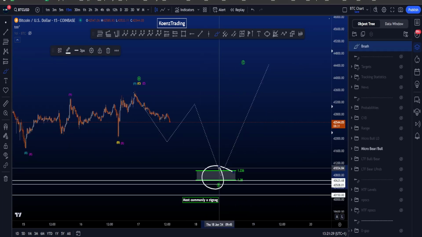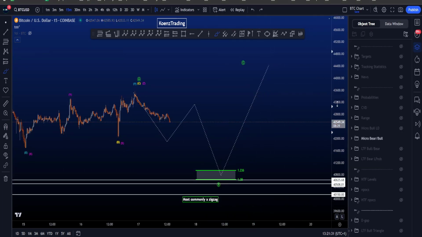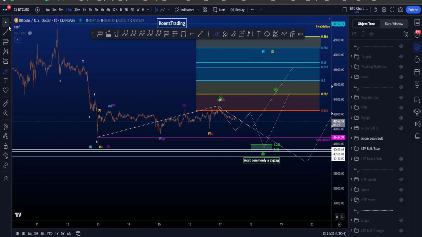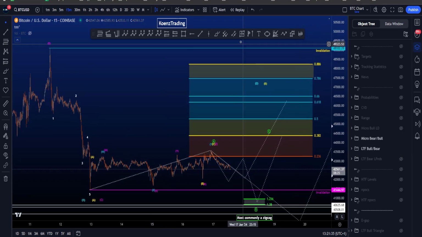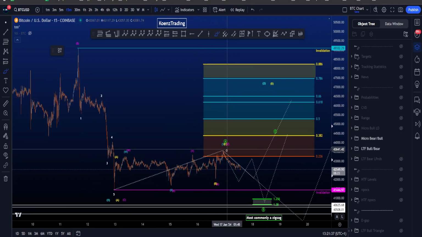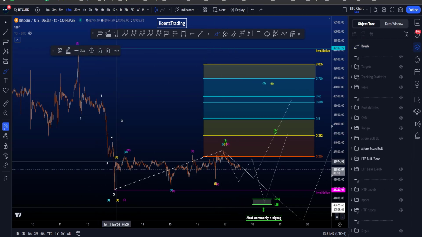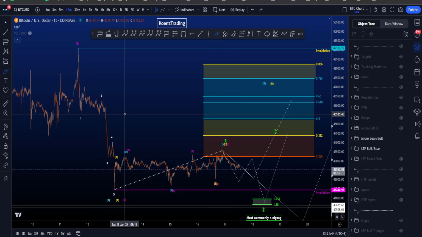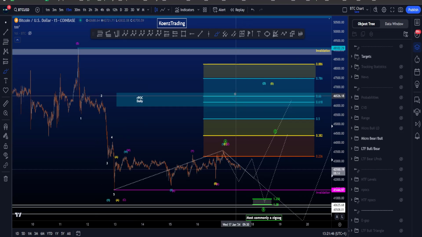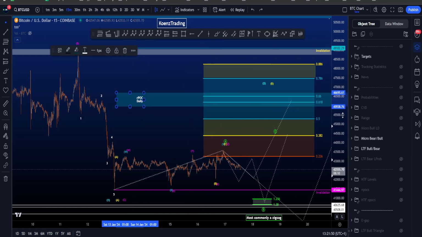After this wave B, we then look for an impulsive structure to the upside, where we then want to see the higher retracement targets as I've shown here earlier. Now the probabilities are high that if you move above this high over here, you're going to fill the gap that we have on the daily to about 45.5k, 46k, and we also have a target box over here, which is sitting between 45.9k and